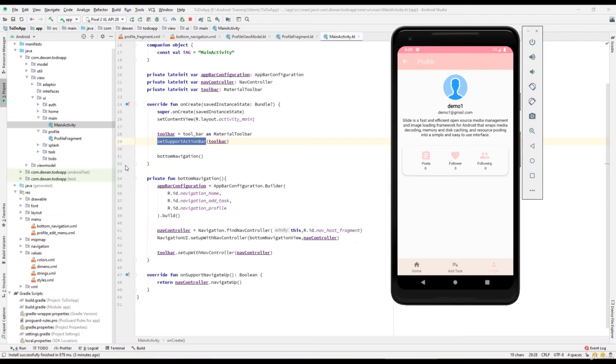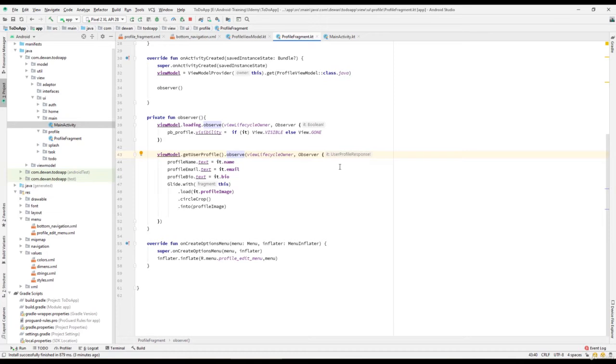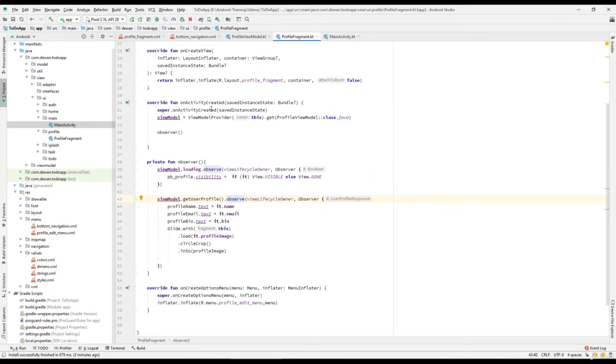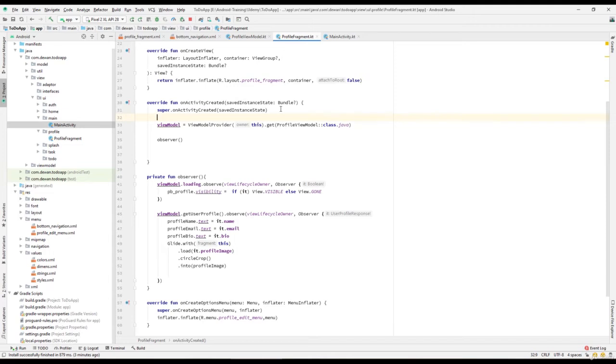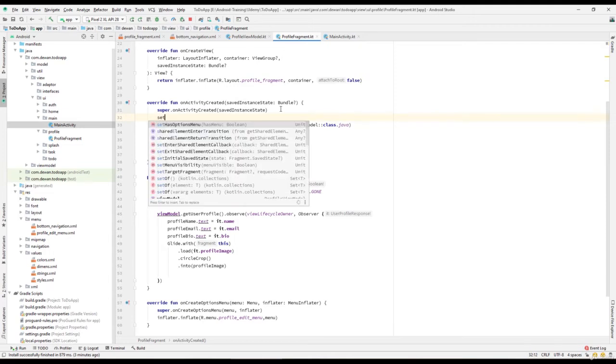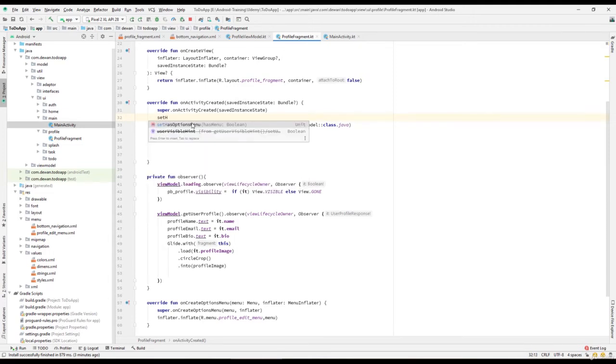We still have to set one more option. Let's go to the profile fragment over here. After onActivityCreated, and before the view model that we're going to create, I will set setHasOptionsMenu to true. So I hope this will fix our overflow menu, and because we have set hasOptionsMenu,